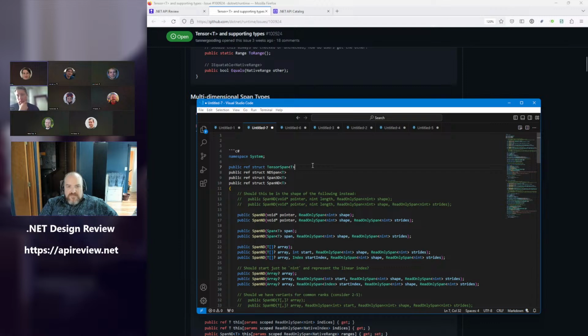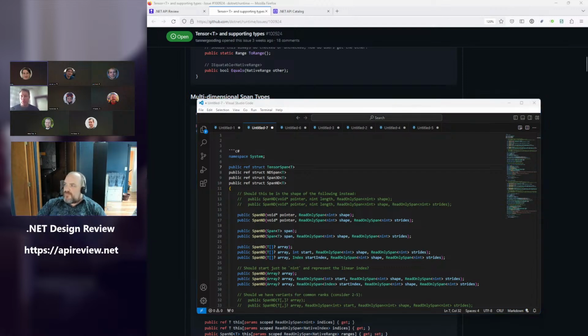It's potentially how you would have described it. If we actually had generics in 1.0, you might have called it Array of T and made it single dimensional only, and then had a separate type specifically for the multidimensional concepts, and you could have called that Tensor of T. Make it very clear that that's what this represents. It is a type representing it, and if you want to work with multidimensional data, this is what you should probably go and look at using, because it's going to give you the best experience, best perf, everything else.